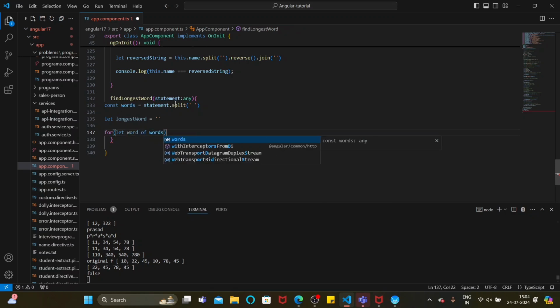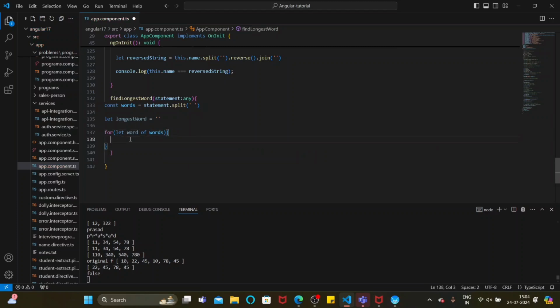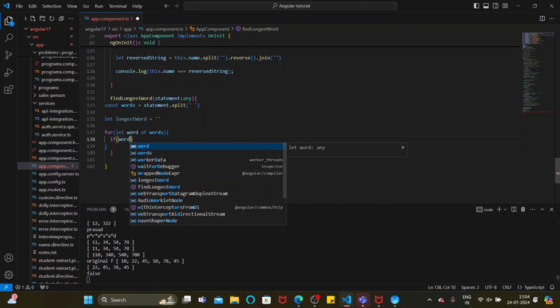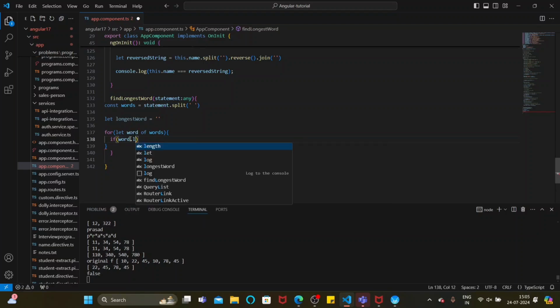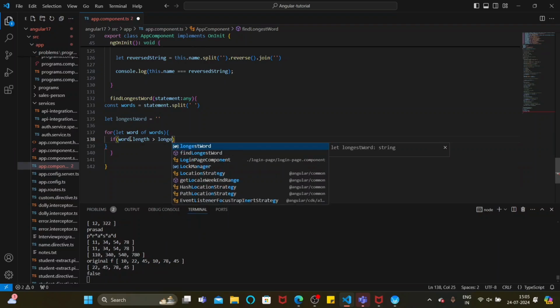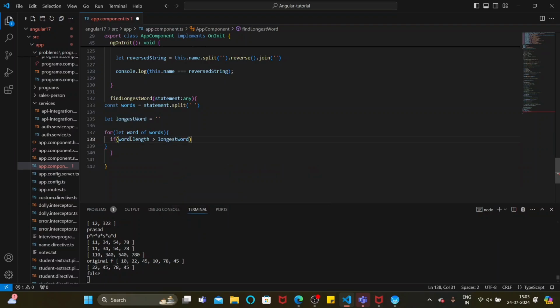Whatever I split, I'm looping over, so each and every word will come. Then I will check: if word.length is greater than longestWord.length,